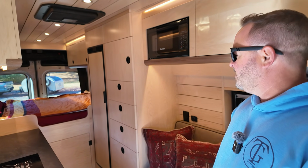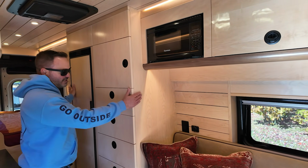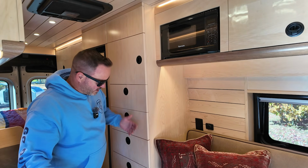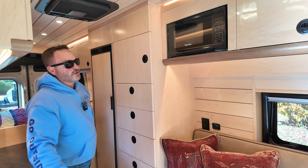We do fixed showers quite a bit. In this case here, it would have gone in a space like this, but you can see how much more you get in storage, and you get a full-size refrigerator out of the situation. So,